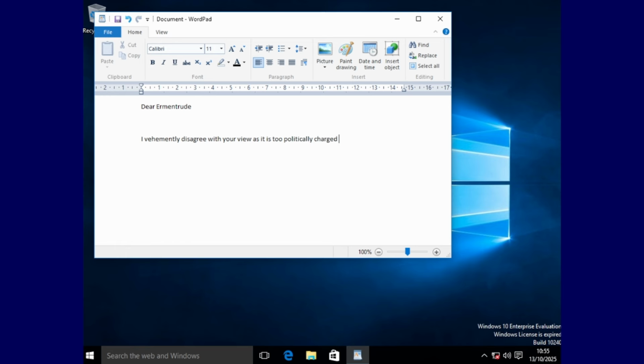Dear Ermintrude, I vehemently disagree with your view, as it is too politically charged in a direction that I do not like. Therefore, I request that you rescind your views and improve.